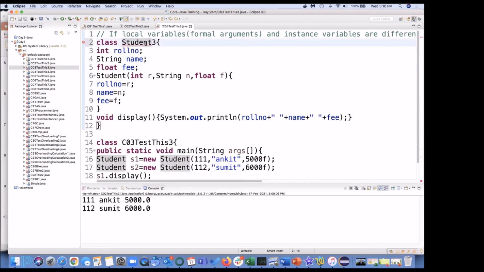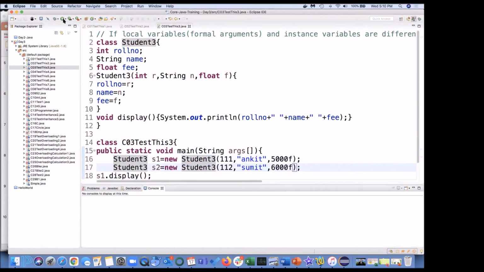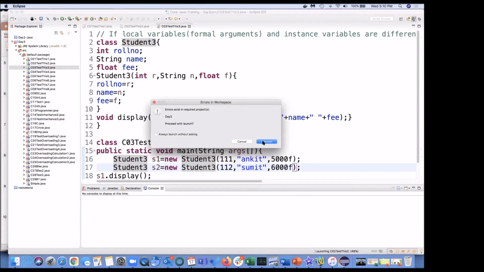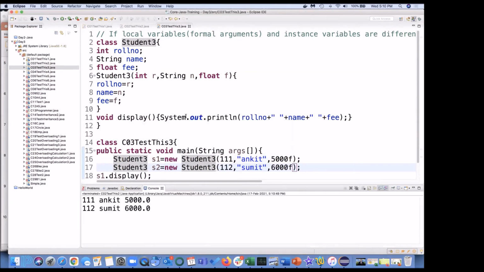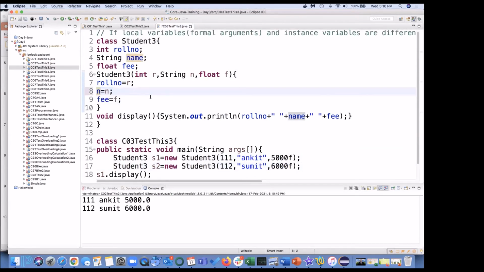Okay, let's run student 3. Let me clear and run here. Again, if I do n equal to n, the same thing happens.